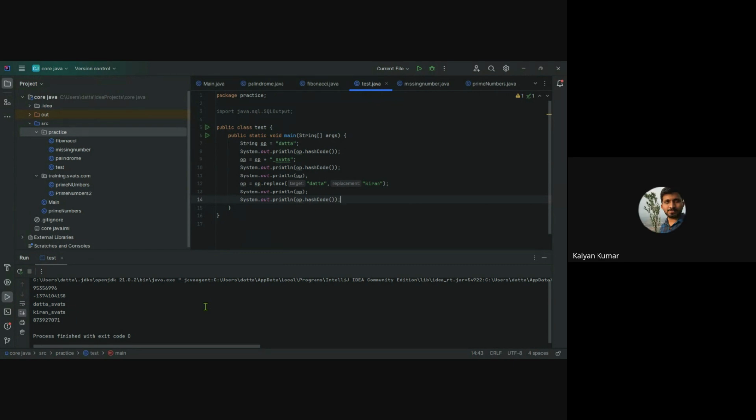Then when you replace Datta with Kiran, another string object is created, and that address location is the last one which you printed. We are still printing op as one variable, but we have three objects created.